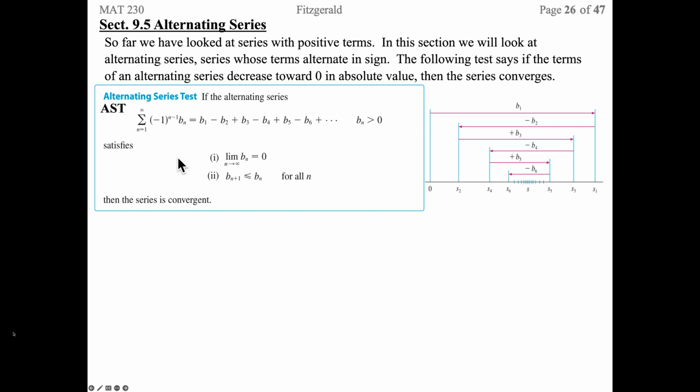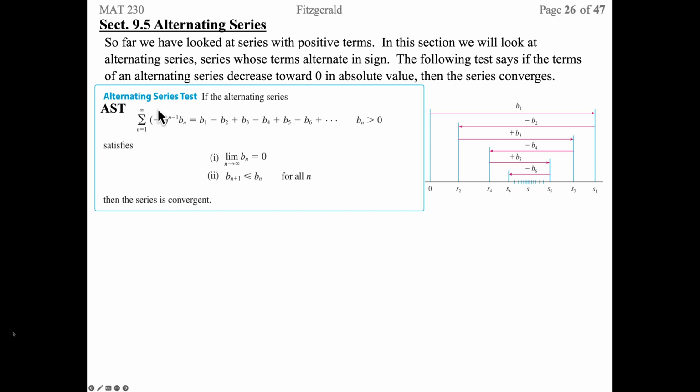All right. So far, looking at the series that we've looked at so far have all been positive terms. Now we're going to look at series with alternating signs. The following test says that if the terms of an alternating series decrease towards zero in absolute value, then the series converges. So my alternating series test, which we're going to abbreviate AST, if I have a series, of course, here's